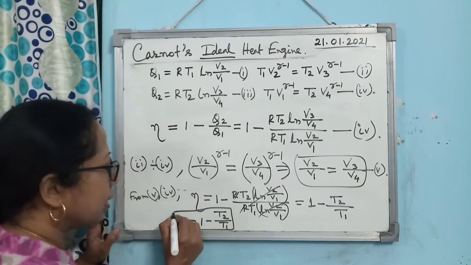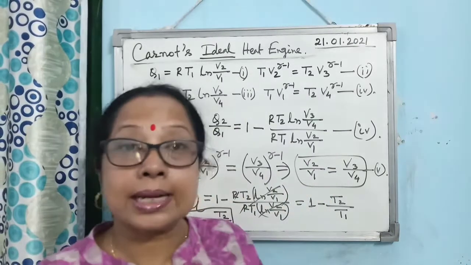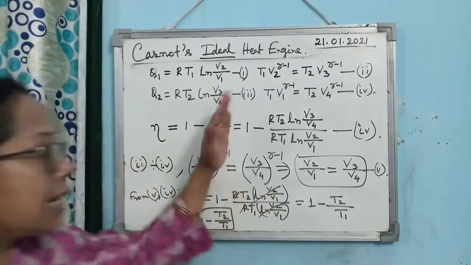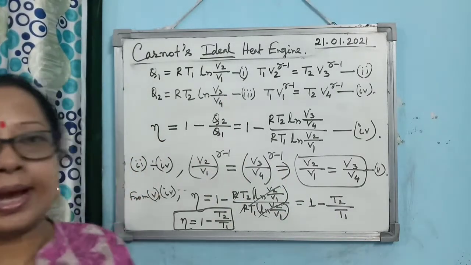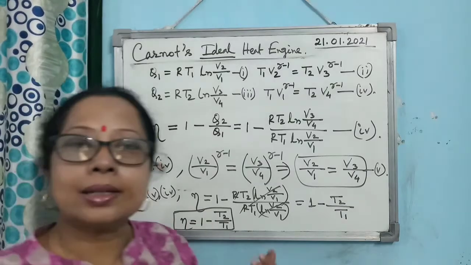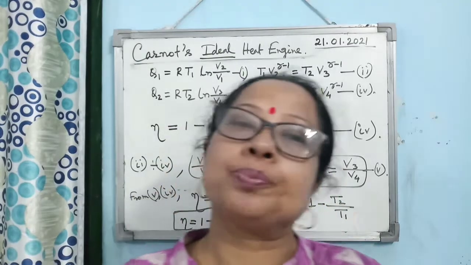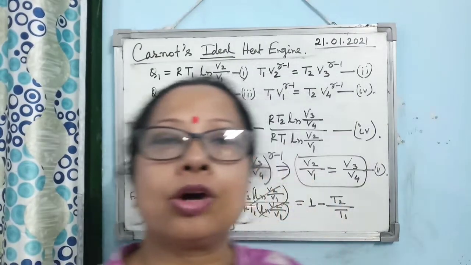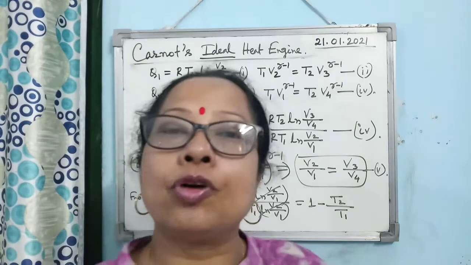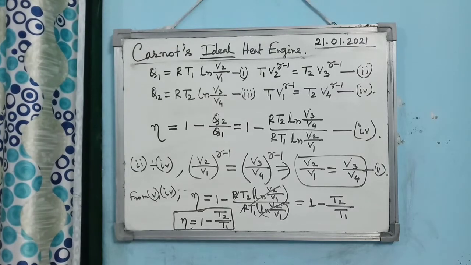So you may get a 5 marks question, a 2 marks or 3 marks question, and numericals also we have to solve on Carnot's heat engine. So these are the 4 steps you have to describe in order to get one expression for efficiency. The probable question is: find out an expression for the efficiency of a Carnot heat engine by discussing all the 4 steps in detail. Then whatever I have discussed, the way I have discussed, that you have to do.